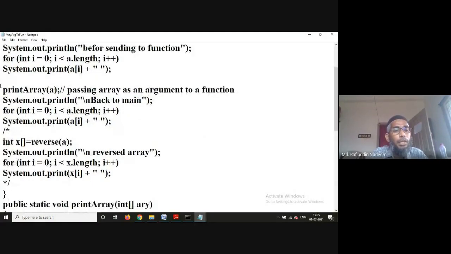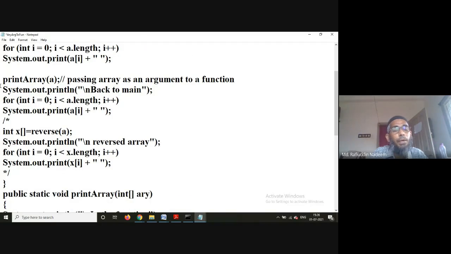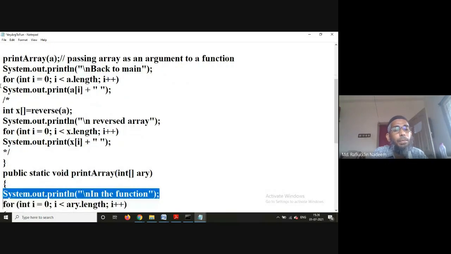So the control will go to this print array method, and it should again be a static method because we are calling it from a static method. So an array is declared here. In fact, the array is not declared. The reference will be created and it will point to the same memory location. Means call by reference. Here it is call by reference.